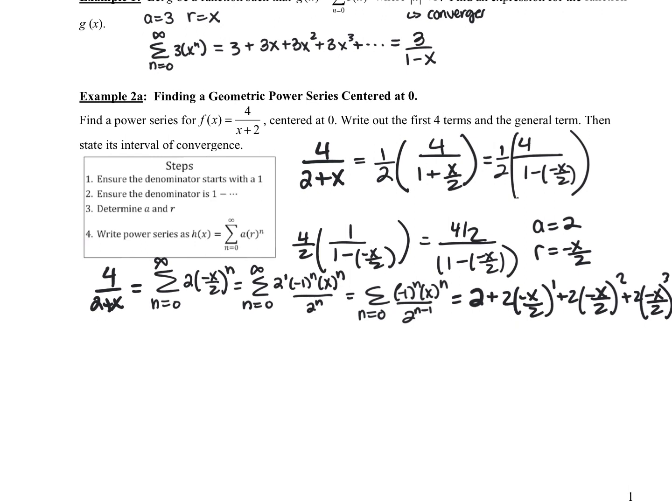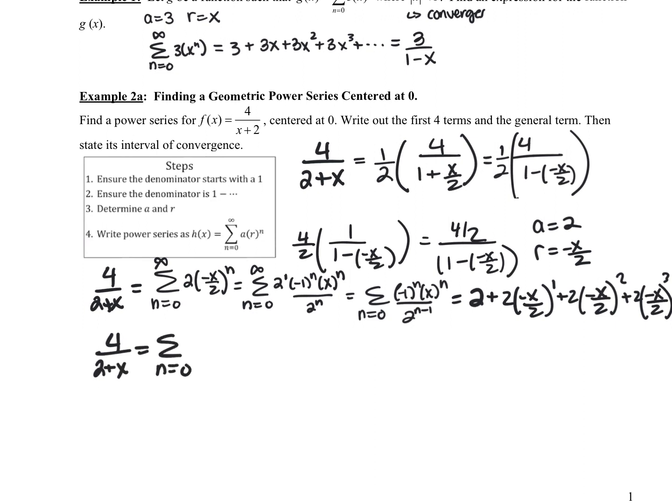And notice how this is exactly the same thing you would get if you took this and plugged in negative x over 2, right, into each of those, and then just multiplied by 2, right? Because this is 2 times 1 over 1 minus plugging in that, right? So it's literally the same thing you would get if you multiply that by 2. So it's kind of a matter of which perspective makes the most sense. Let's simplify this a little bit, though, and make it look a little bit more pretty. So 4 over 2 plus x,